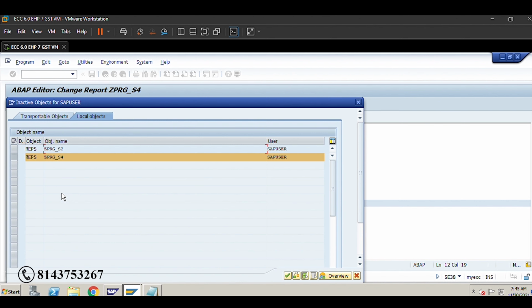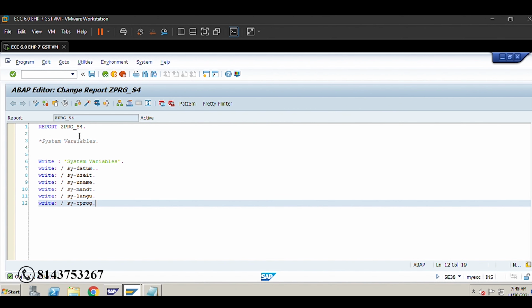So what is the program we have given here? What is the program name here? Name of the program, not description.